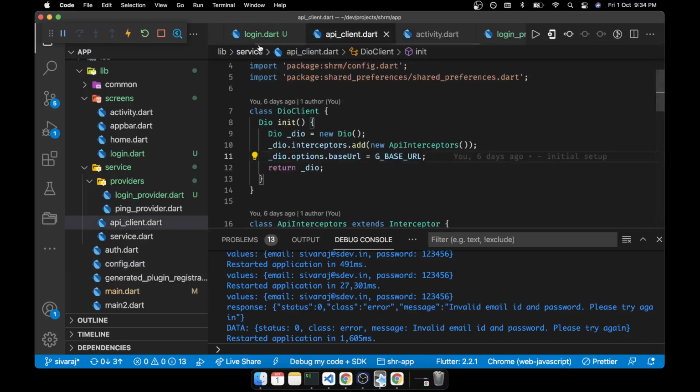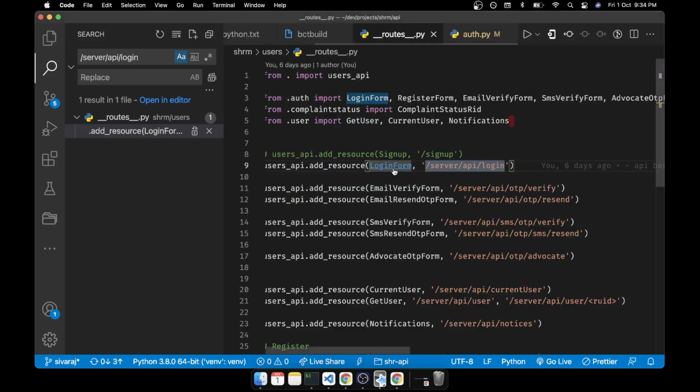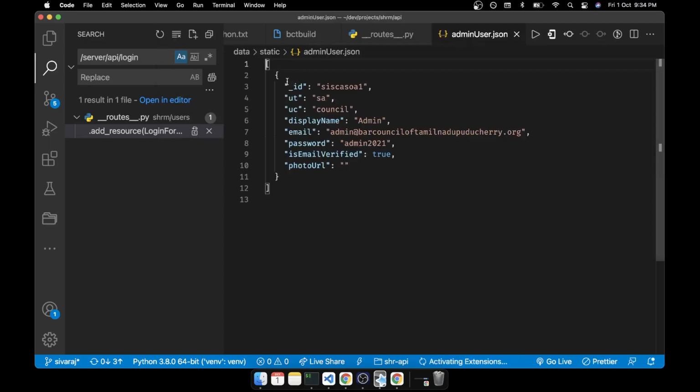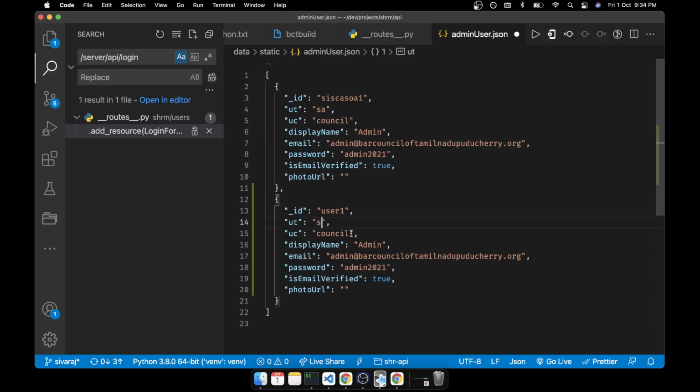So now we have implemented the login part. The only thing we have to do now is in the backend. Let's say we'll go to admin user. We'll try to add some users. Okay, so we'll just create some user. Let's say this is user 1. This will be, let's say, student. How do we call it? AST maybe. Student. Then let's say student 1, or maybe we can keep it as employee. So employee.